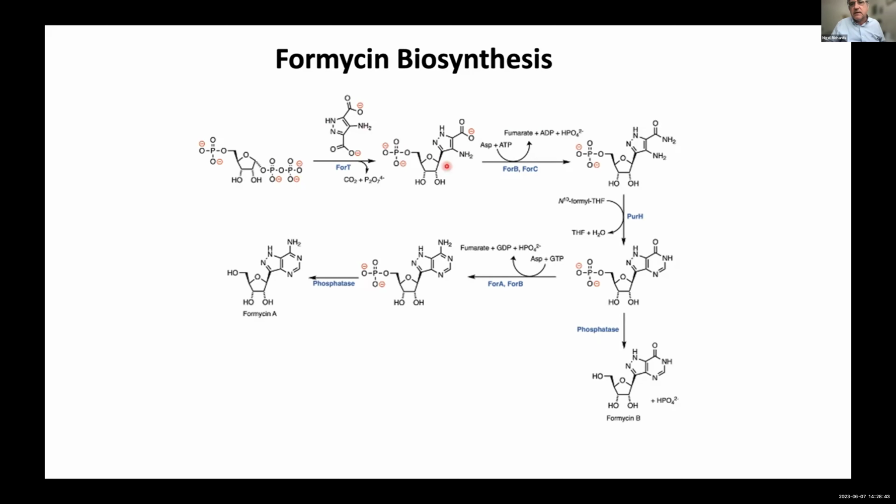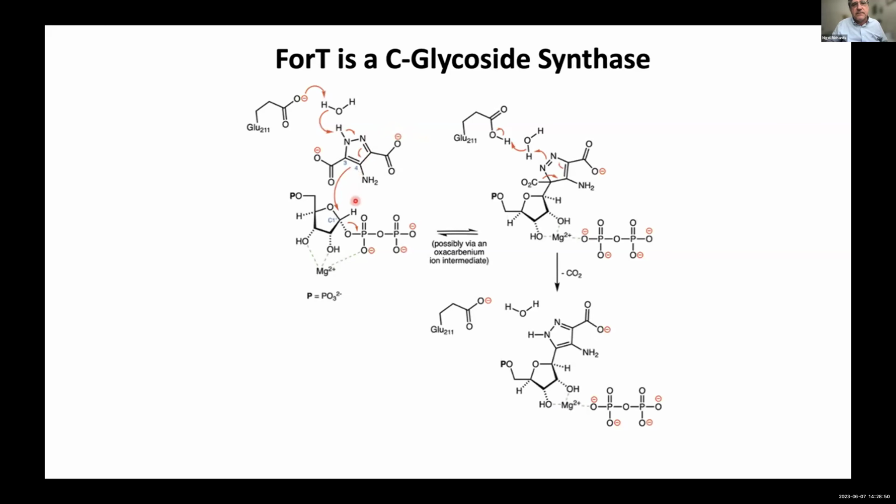And the mechanism is quite straightforward. I'm not going to bore you with all the chemistry, but the idea is very simple. You generate some kind of C+ here, or some kind of SN2 reaction that's still a little bit unresolved. We activate the heteroaromatic ring to donate electrons to form the carbon-carbon bond. We then have to regenerate the aromaticity of the ring, and so we lose a CO2 molecule. That essentially drives the reaction to completion, essentially 100%. You form pyrophosphate and you lose CO2. So the mechanism of this system is fairly straightforward.